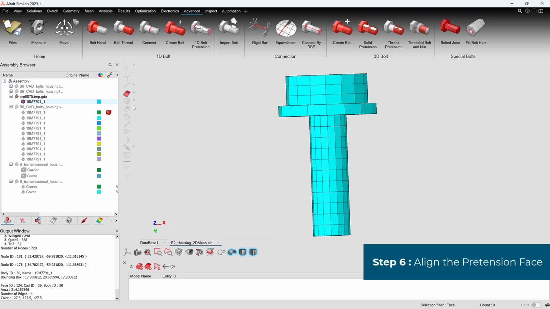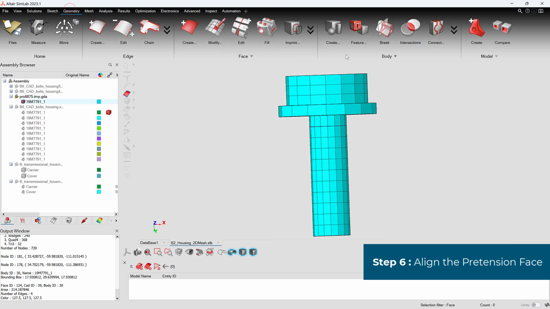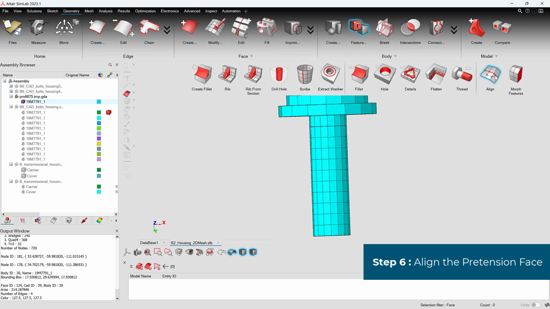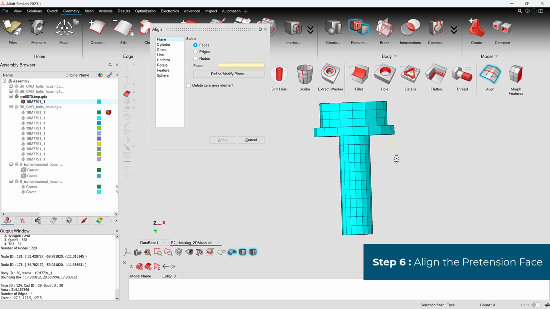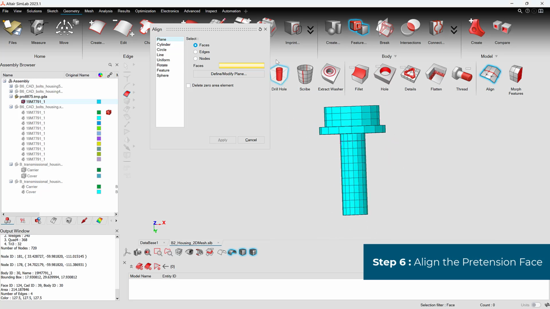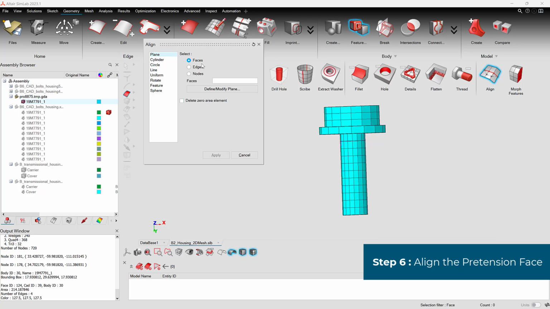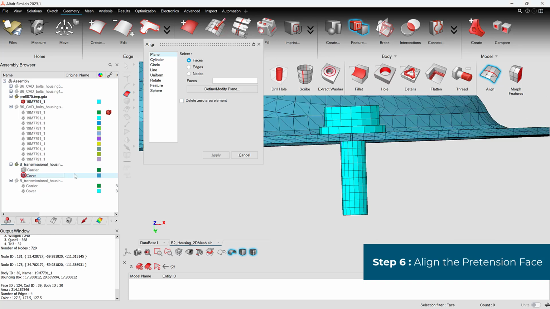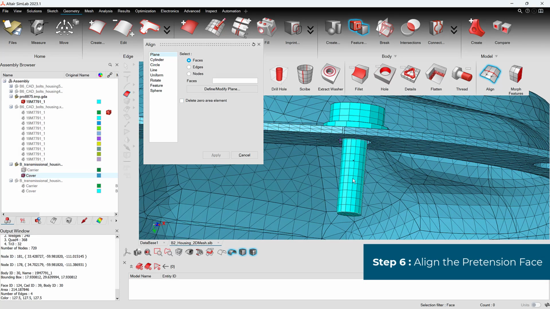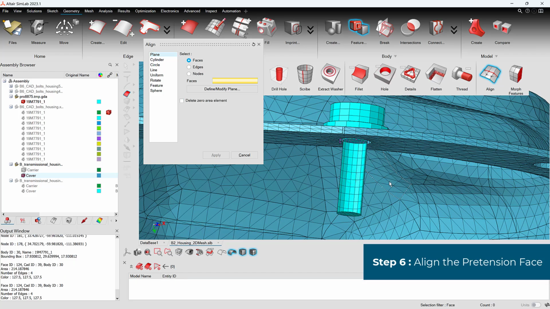So the next step is to align the pretension face. Go to Geometry, Features, Align. We'll be using the plane option here. So also isolate the cover part, hide the bolt face,